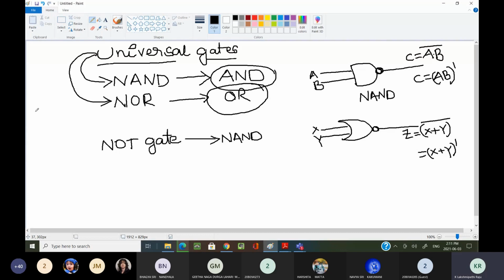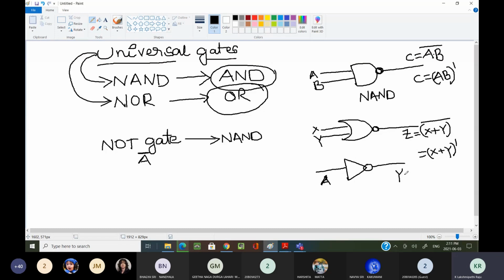Whenever you are designing the basic gates or special gates by using universal gates, one point we have to remember: the final logical expression we should get. Now this is my final logical expression of the NOT gate. In the morning class we have not seen the logical expression point of view. Suppose this is my NOT gate symbol. If I give the input as A, what is the output I am getting? The output I am getting is Y.